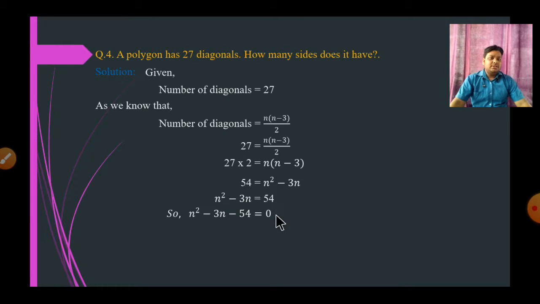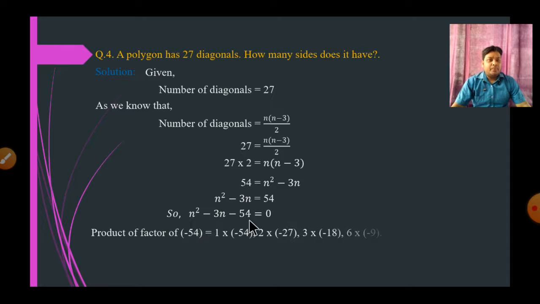Good. Now here you can see that it is a quadratic trinomial, which we have just solved in the previous chapter, the factorization chapter, where we learned how to factorize it. So we will factorize it first. Here you can see the product of factors should be minus 54. We have to see minus 54, so it will be 1 into minus 54. Here the sum is minus 3. If the sum is minus 3, it means there should be a minus sign in one of the factors. So we can take only one minus sign in one number, and we will take it with the bigger number so that we can get the sum.